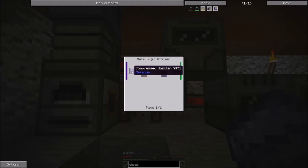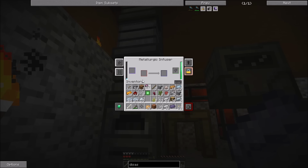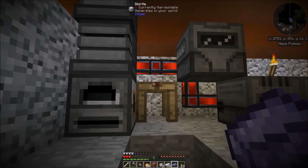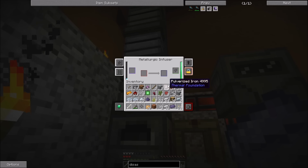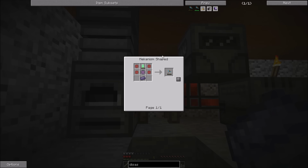This thing is going to take the compressed obsidian, or the refined obsidian or whatever, with a reinforced alloy and a metallurgic infuser. Go figure. So, I need another... No, I need another one of these. Is it just the one? Reinforced alloy is going to be an enriched alloy with diamond. So while we have this stuff, let's take one of my enriched alloys. Should I just enrich a bunch of these things? Because otherwise... There we go. Reinforced alloy. Because now this needs...